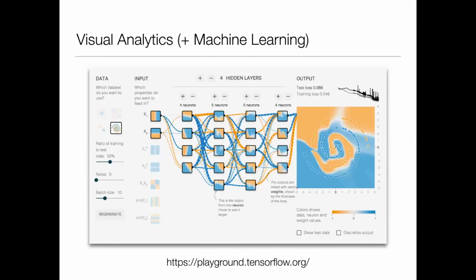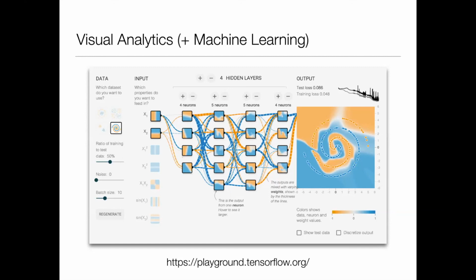This is also another one. This is more of an educational thing from Google. This is the TensorFlow playground. So you can play with some deep learning networks here, and you can choose how many hidden layers you want to have, how many neurons in each of them, and change some parameters of the deep learning, and then you see a preview of the results on the right hand side.